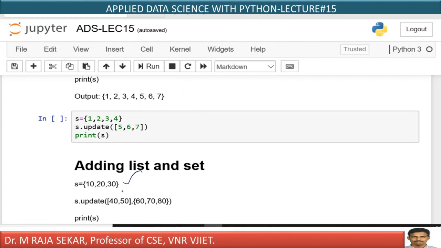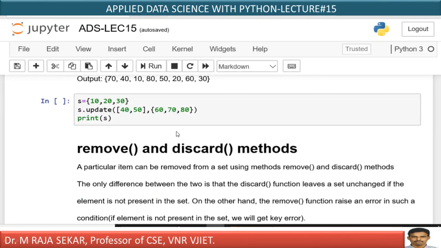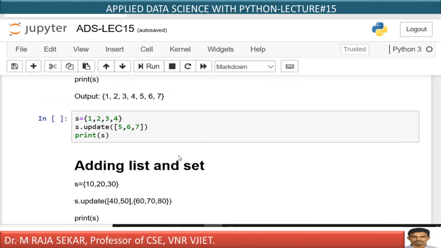Let me say S equal 10 20 30 40. S is a set in which I am keeping a list. Even I am keeping another set. Is it possible? Now S dot update.